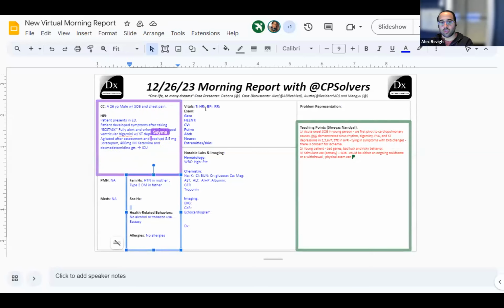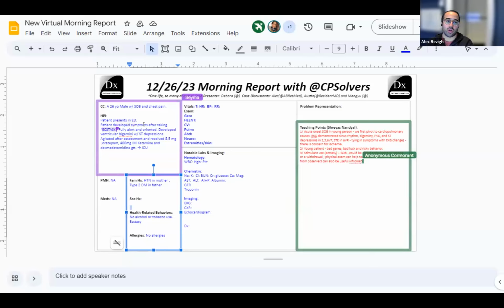And then I think in this situation, trying to get collateral is also very helpful. Who was with the patient at the time that this happened? What did they see them take? Did they see them not take anything? So I think there's a lot of unknown here. And in those situations, leaning into any sort of background you can get from the EMS, which Robbie likes to